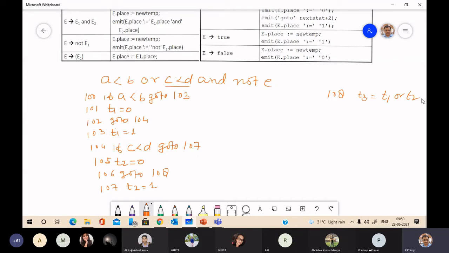But suppose you have to give precedence to the AND operator. In that case, you have to first do not E. For not E, a new temporary is generated.